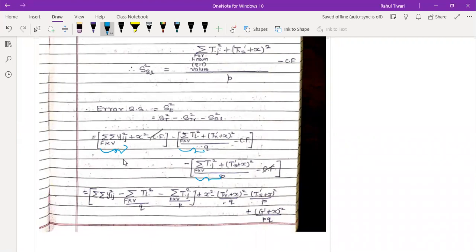Okay, so this is done. What is remaining from here? This treatment portion is there with a minus sign, so it will be considered, and similarly with a minus sign this term is considered; you can write it here. And plus one correction factor is there, which is nothing but the grand total dash plus x squared upon pq, because minus minus becomes plus, minus minus becomes plus. So you get basically the grand total dash plus x upon p.